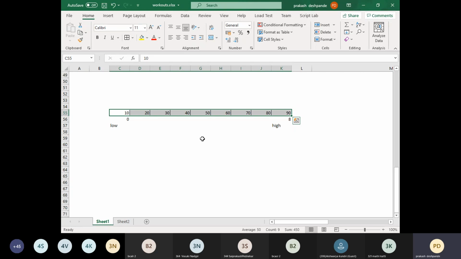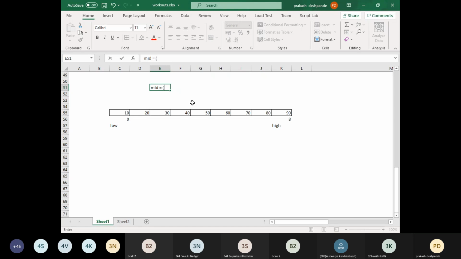The name itself says, binary means what? 2. So we are going to make a technique, a method wherein we will divide this given set of elements into 2 different halves. Call it a first half or a second half, or call it a left half or a right half. This division is applied by using a simple formula called mid is equal to (low plus high) divided by 2.